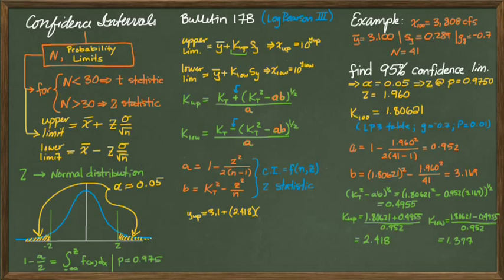So go ahead and move over to the left a little bit. Didn't save enough room at the bottom there, but go over to the left and calculate the y up and the y low. So I go back to the beginning. My y bar is 3.1, my k up is 2.418, and my standard deviation is 0.289. And the equation down below is the same thing there, except the k statistic is changed for the lower bound. And that gives me 3.8 for the Y up, and for the Y low is 3.5.